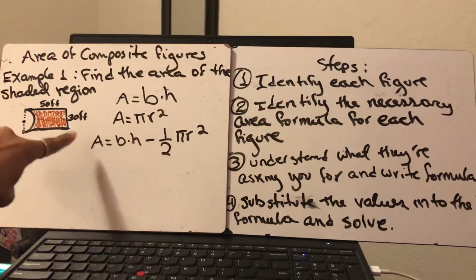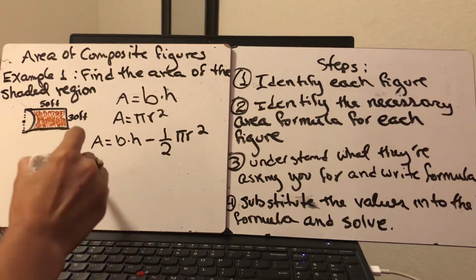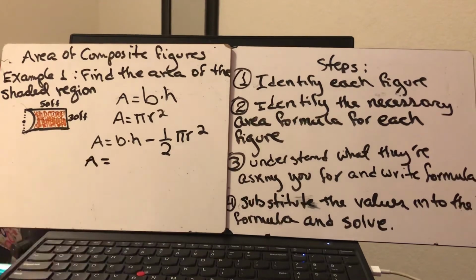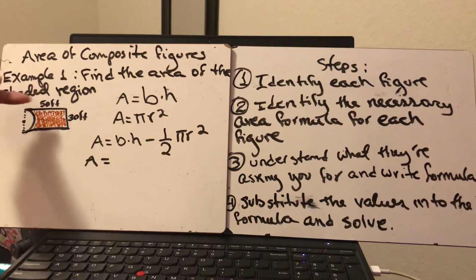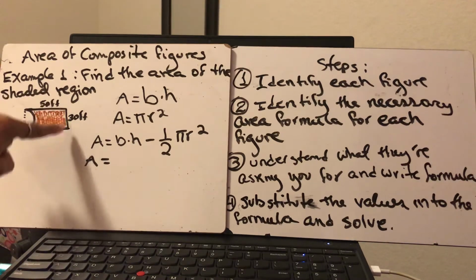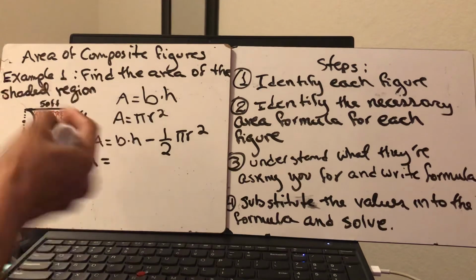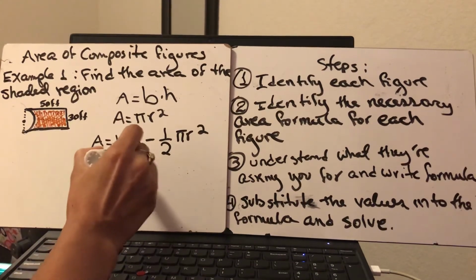So I just wrote down the formula, and then I'm going to substitute the values that I should have or that were given to me in the problem, and then I'm going to solve for that area. So I have area equals base times height of the rectangle, and that includes this piece right here, right? Don't forget that opposite sides on a rectangle are congruent. So this 50 here is also here, and 30, which is your height, will also be congruent to this side. So this is also 30. So I have base times height, 50 times 30,